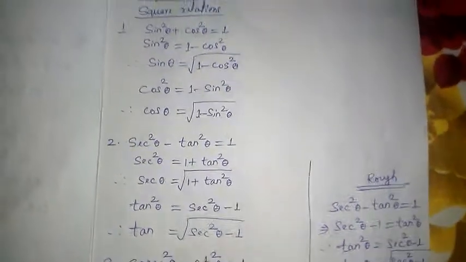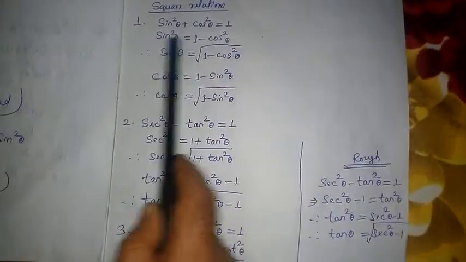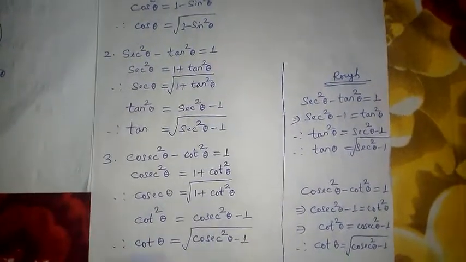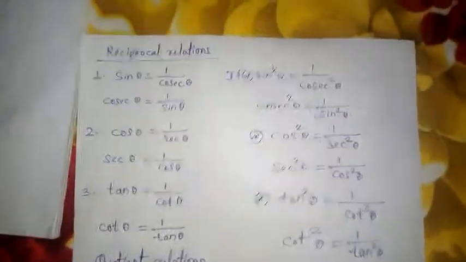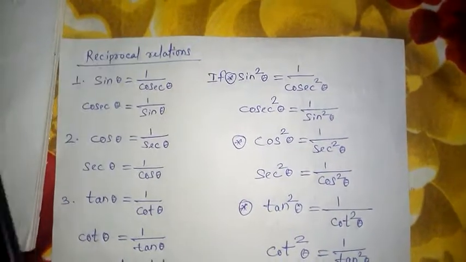5 here, 5 here, 5 here. But actually it is only 3. So you remember the first one, the next 4 is automatic. Remember the first one, the next 4 is automatic.